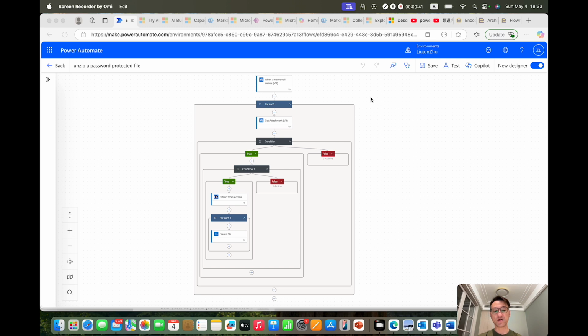And then for those zip files that are password protected, we also learned how to use a third-party API to handle this type of password protected zip file. Right? So this is the flow that we created in our previous videos. So one issue with this